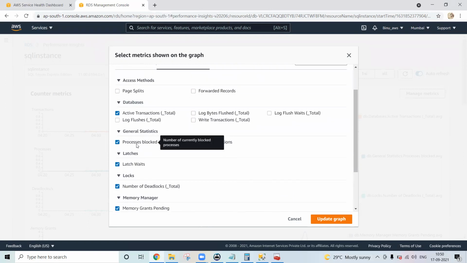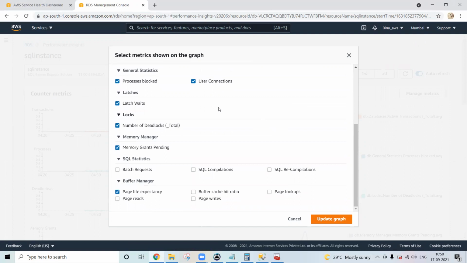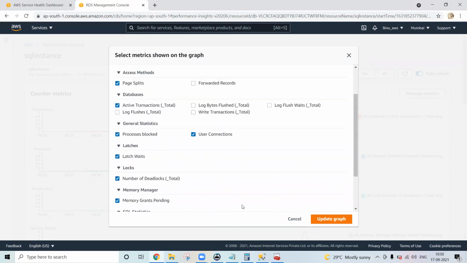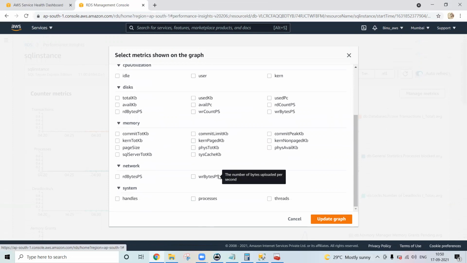Okay, locking or blocking we can check, right? We can also check the user connection. Okay, whatever is required. Let's see the page speed. So these are the parameters you can monitor. You can get the data from the Performance Insight as well as at the operating system level.